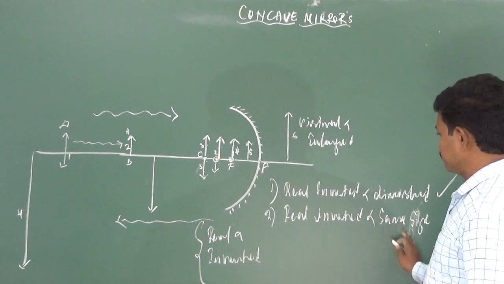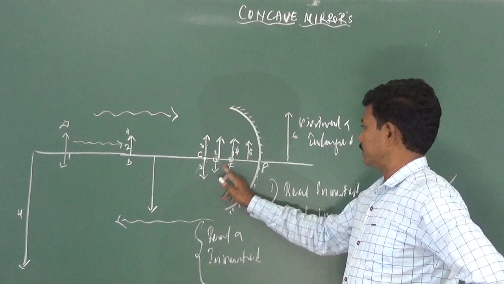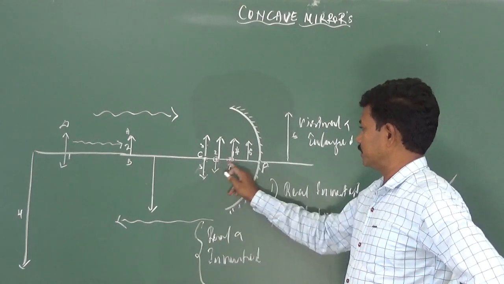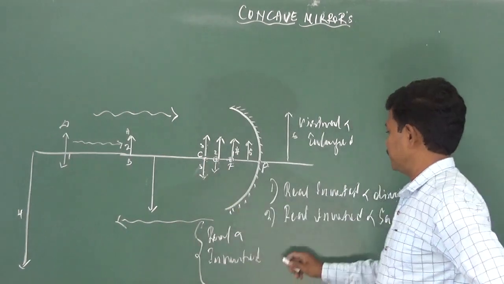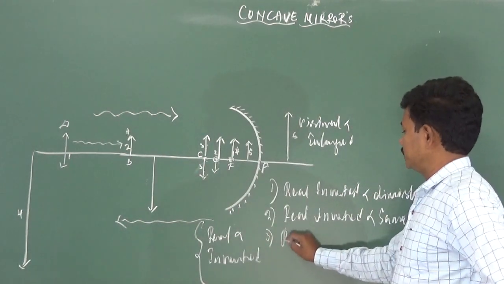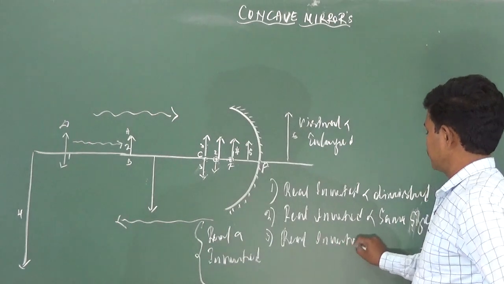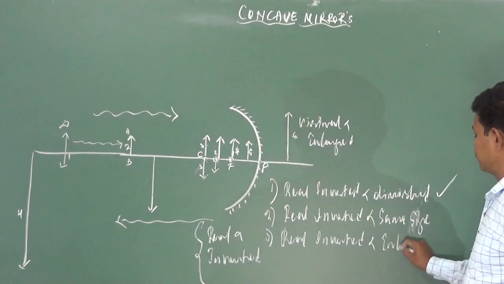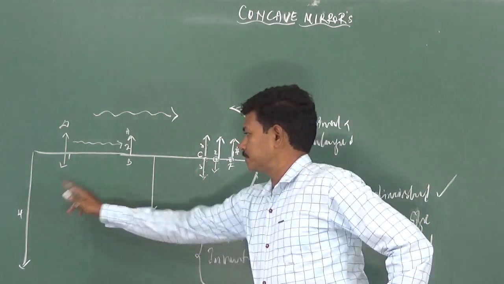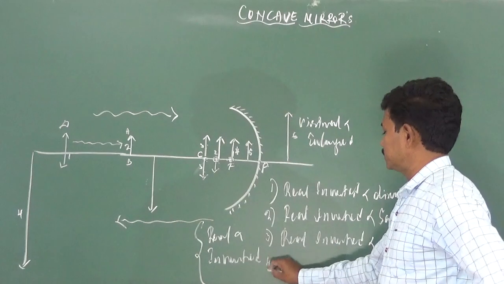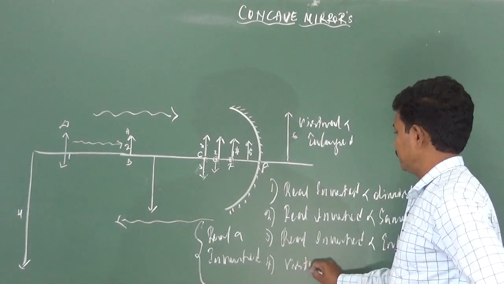This is also possible here. These two are the examples, this point and this point, for real, inverted, and diminished. Real, inverted, and same size, this becomes the example. And the third point, it is real, inverted, and enlarged. This is also possible in these two cases. And the fourth point is that it is virtual,